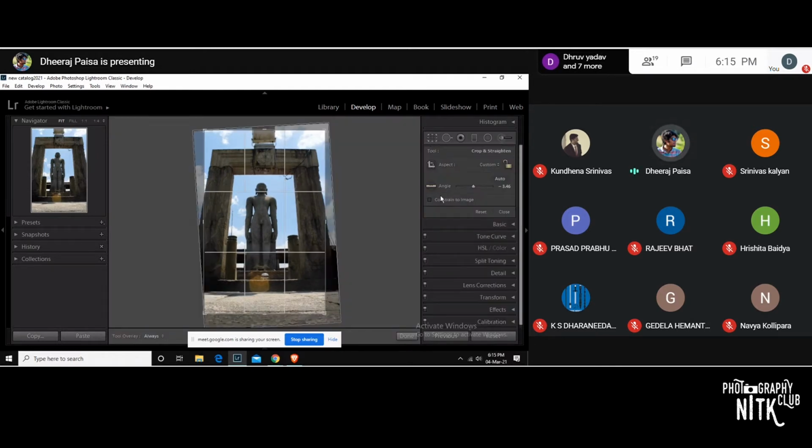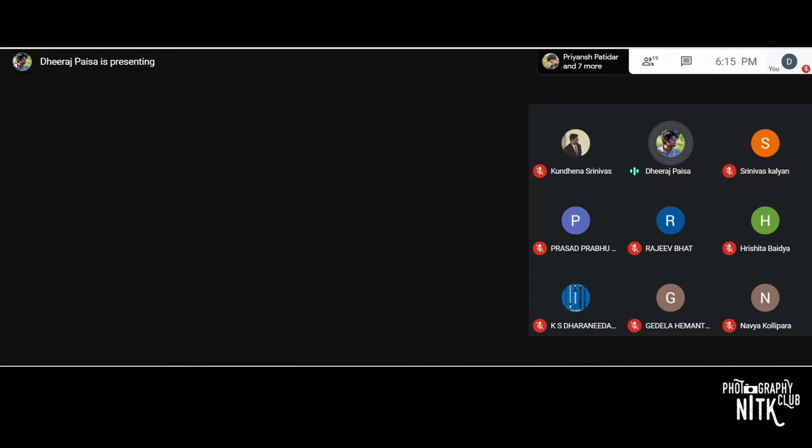And the third thing in this crop tool is composition. Here you find three lines. It's the rule of thirds. In order to change those rules, you can press the O button on the keypad. It changes to diagonals, golden ratio, golden spiral. There are different types of composition tools in this.